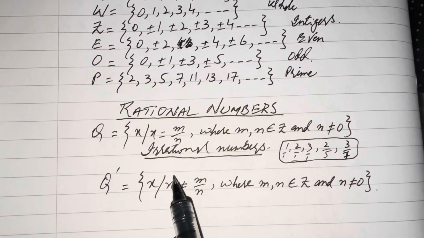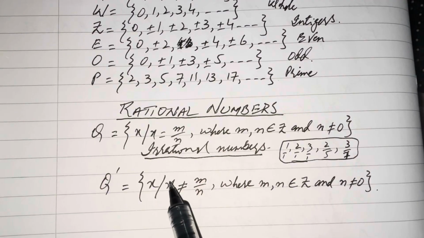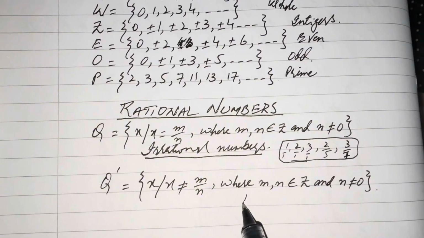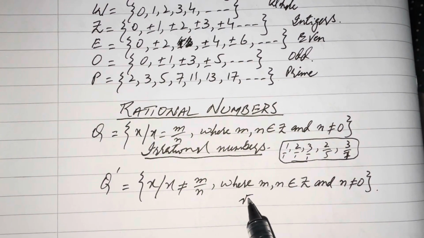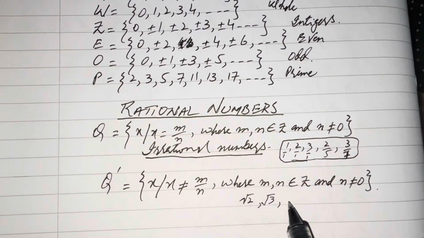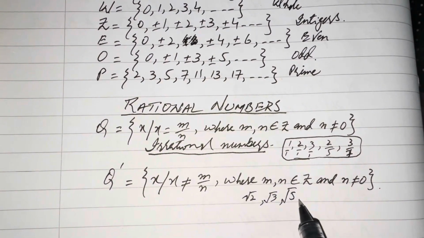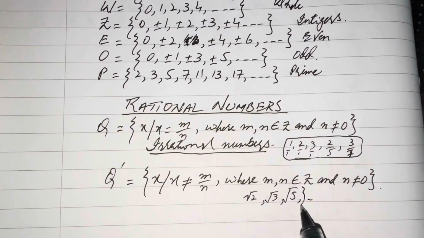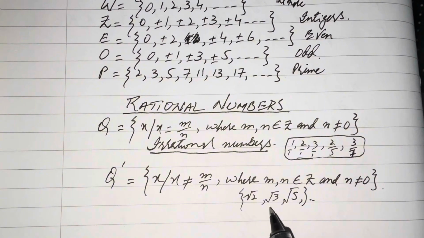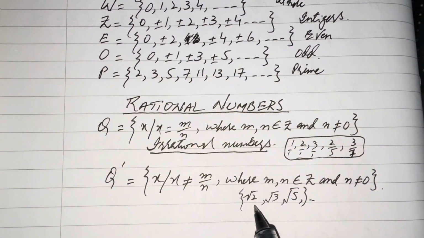So if we take the examples of irrational numbers, we can say that all those numbers which can be written in the under root form, like under root 2, under root 3, and under root 5, these kinds of numbers are the examples of irrational numbers. So all the under root numbers are called the irrational numbers, except those numbers which